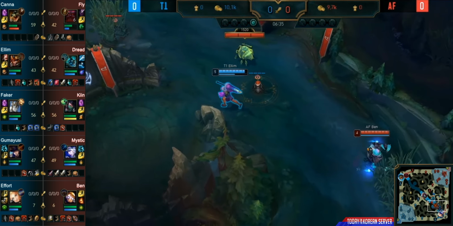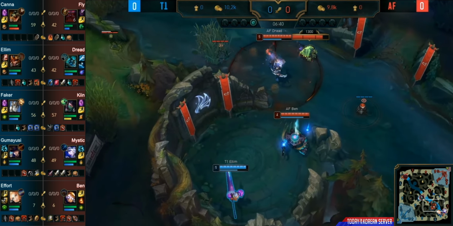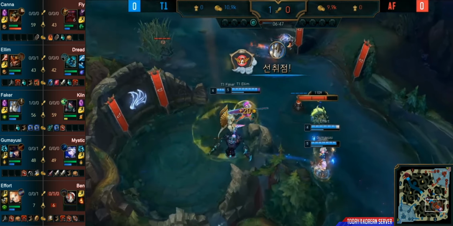is light years behind, and the other thing is that he built a Bami Cinder as his first item. So his itemization is going to be a little bit gimp. Hold on, we got a little bit of a trade. That's actually the engage coming up from Ellen. Heroic Entrance going to get the knock up onto Ben, and Ben, unfortunately, did not...